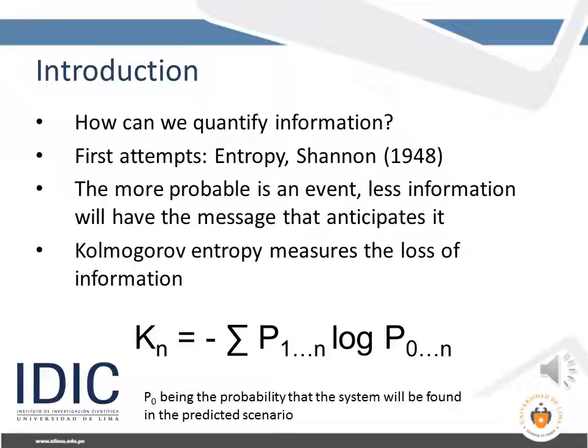The first attempts are found in thermodynamics, especially the concept of entropy that measures the amount of order or disorder that there is in the system, so the amount of information we have from the system. But the first one to make a mathematical theory of information is Shannon in 1948, where he quantifies information in a formula that relates the amount of information in a message with the probability of the event that the message